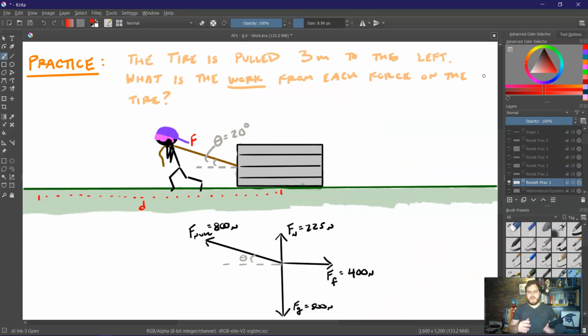So to see what we're talking about, let's revisit this example we just looked at a second ago, because we basically found the answers in a more conceptual way. But let's say we want to try it and make sure we get the same answer from a more mathematical standpoint.